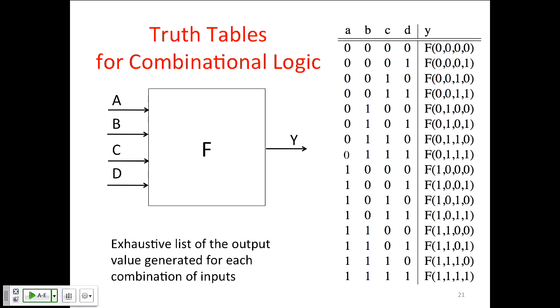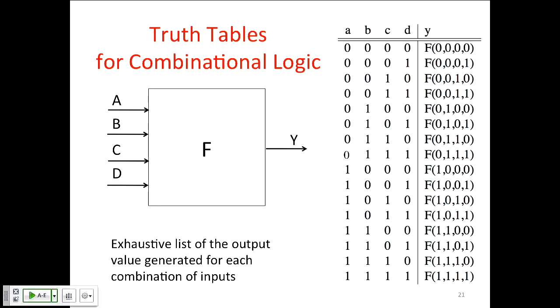So, when we want to build some logic function, so these were standard ones, NAND, NOR. When we want to build some other function, the way we start out as designers is filling out the truth table, what's called a truth table. The truth table is an exhaustive listing, for every combination of the input values, of what the output values should be, right? And so if you have some logic block here that has 4 inputs and 1 output,